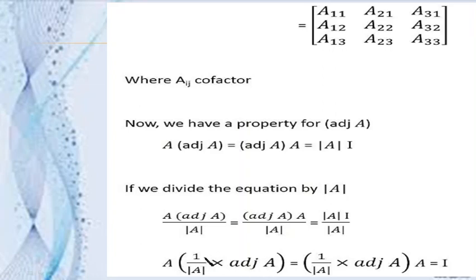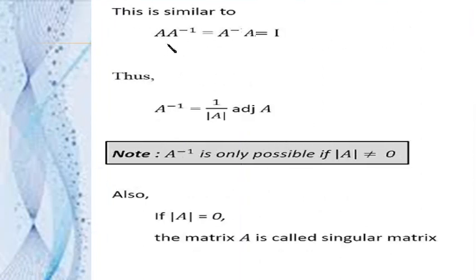So this thing, whatever is written in the bracket, is a matrix, we are sure about it. A matrix multiplied with some other matrix giving us identity in return. So it means these two are inverse of each other. Same way here also, these two are inverse of each other. So this is similar to A inverse A is equal to I. Thus, we can write down A inverse is equal to 1 upon determinant A into adjoint A.